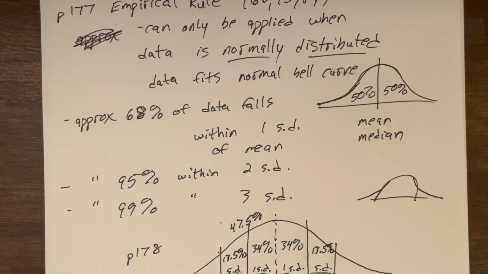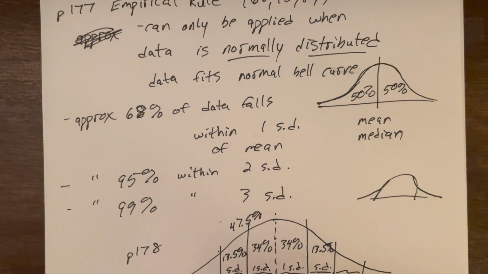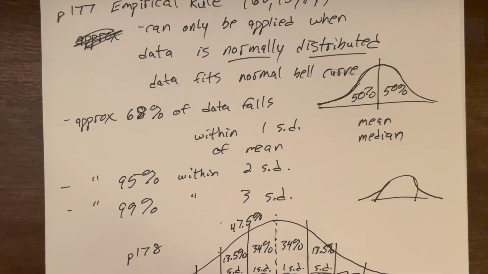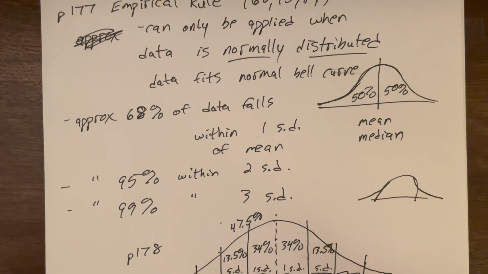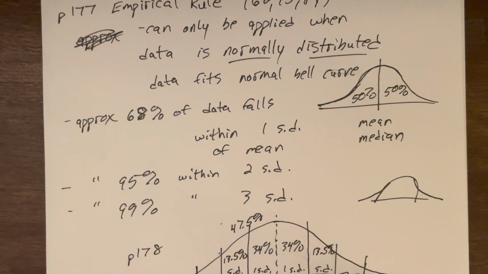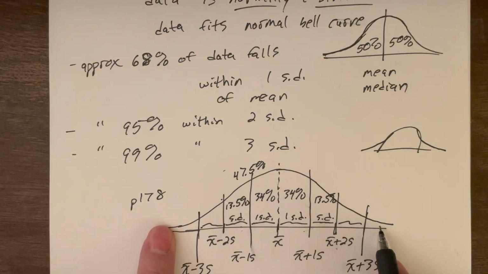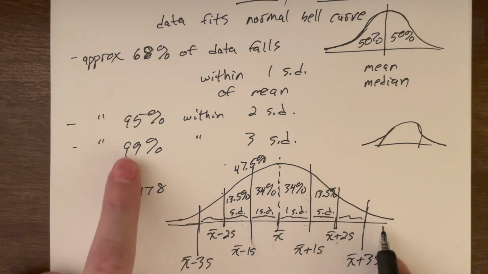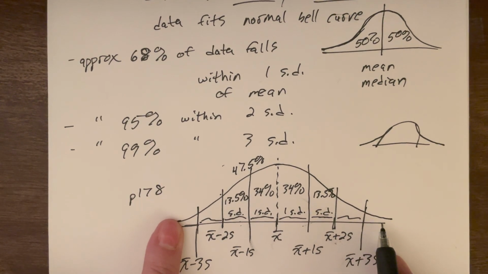And then they stretch it one more. You go out one more standard deviation. Now this would be X bar minus 3 standard deviations, X bar plus 3 standard deviations. And look, just this tiny, tiny little piece left. We refer to this as the tail region. Just this little tail region is all that's left. And that tail region is just a tiny little 1% combined.